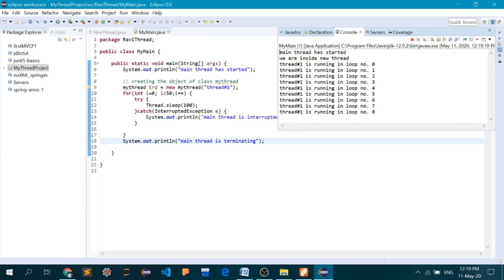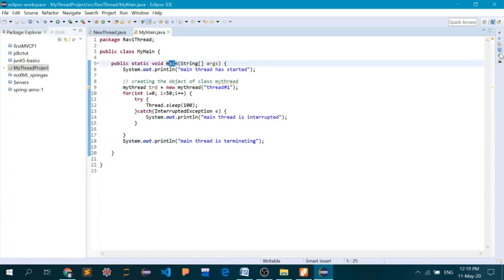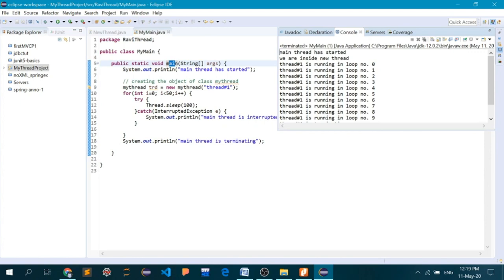Let's go to the console. Okay, we're done. So you can see here, first the Java compiler will look for the main method inside a class. As soon as we get inside this main method, the main thread will start, and this message, main thread has started, signifies that. After that, we created the object of our custom thread, and as soon as I created the object of our custom thread class, my new thread started executing.